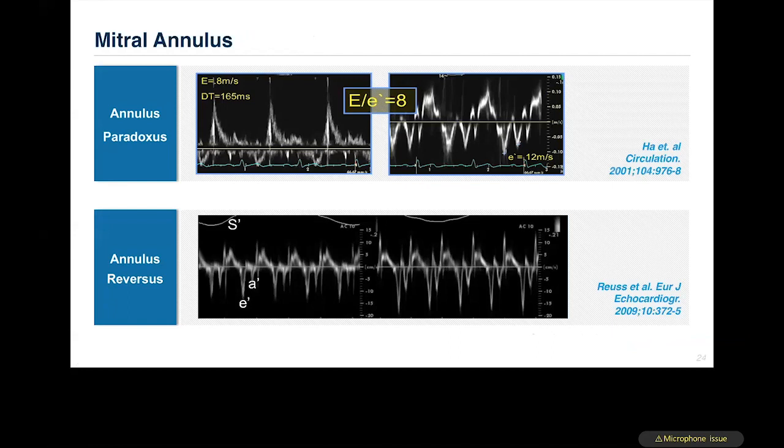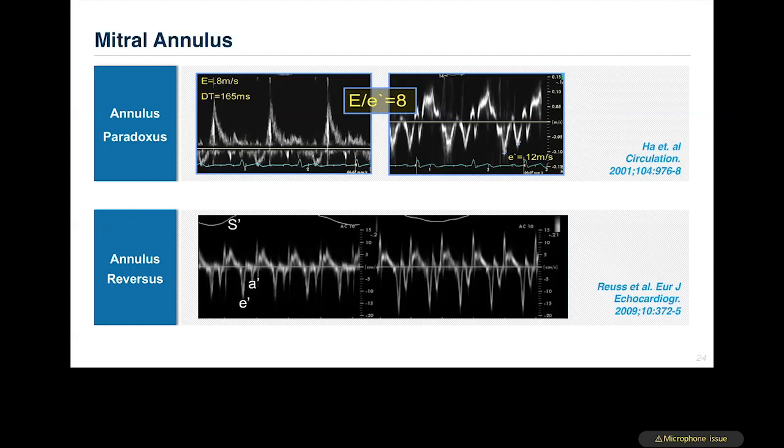If you look into E by E prime, an elevated E by E prime usually goes hand in hand with an elevated filling pressure. So if a patient's filling pressures are high, the pulmonary capillary wedge pressures are high, usually E by E prime is elevated. However, in patients with constrictive pericarditis, what we find here is a dynamic mitral annulus makes a big attempt to move the annulus